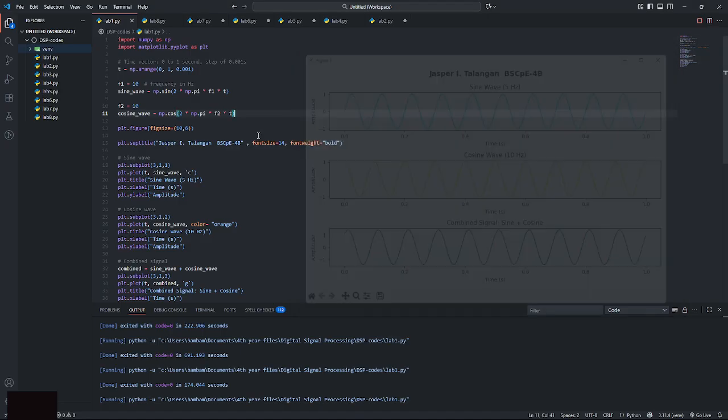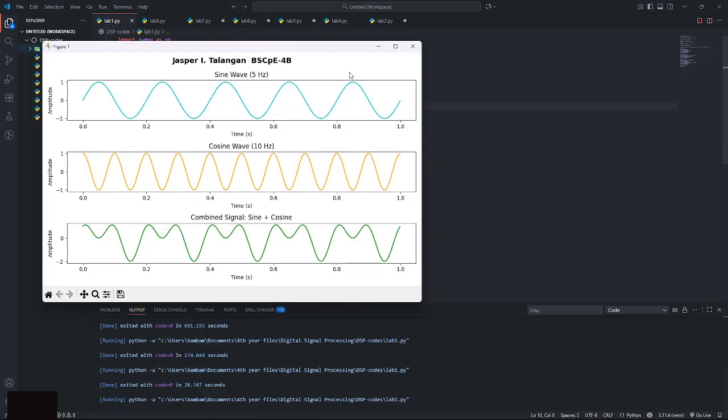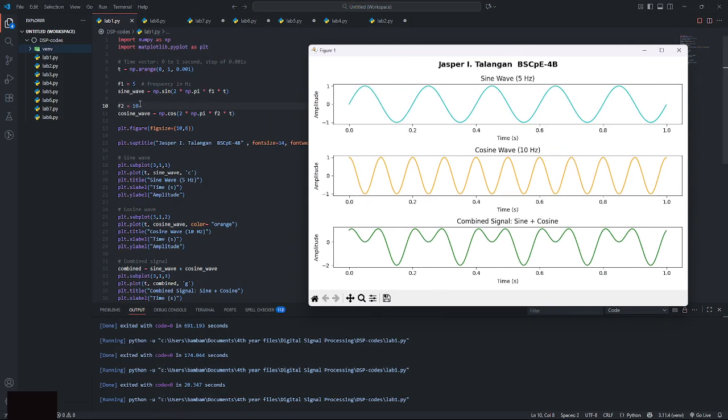Now we set it back to 5 and save. This value f1 and f2 determines the frequency of the signals and how many full cycles they complete per second.